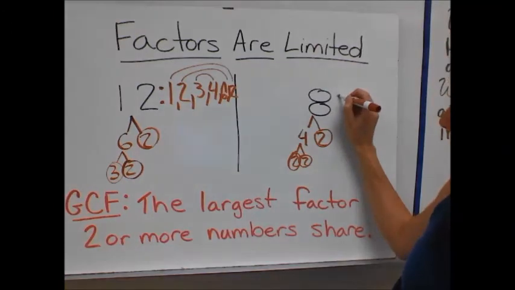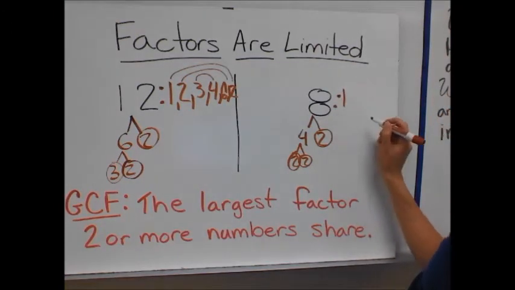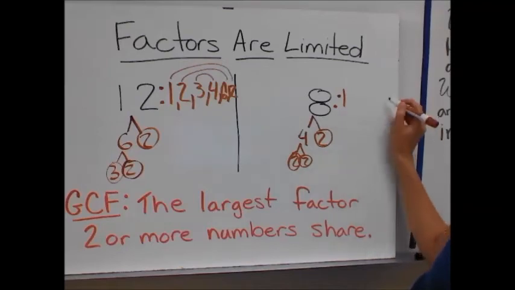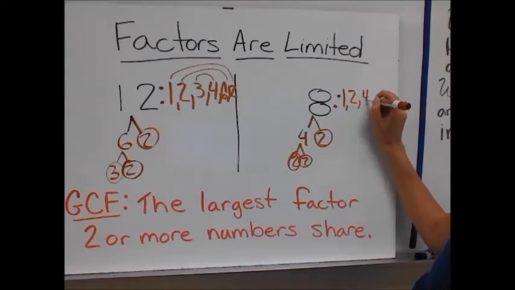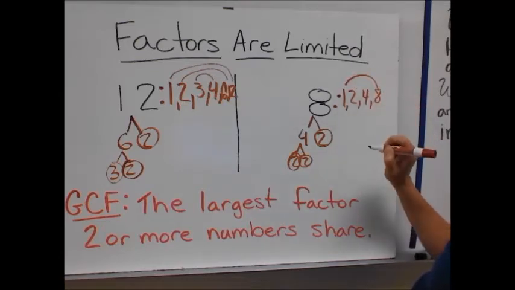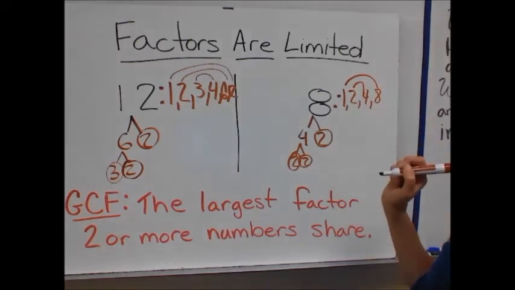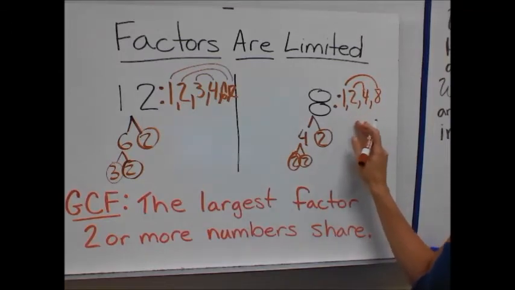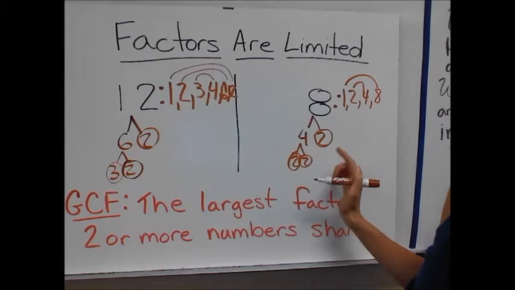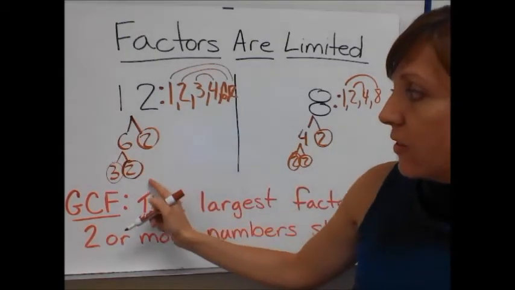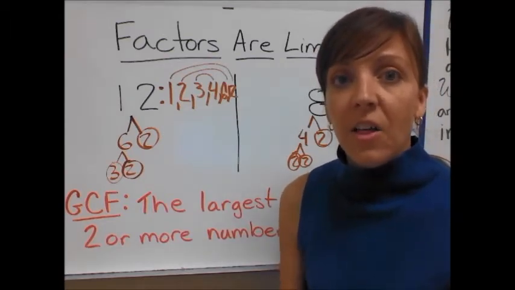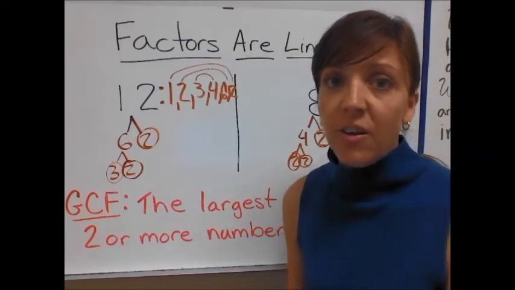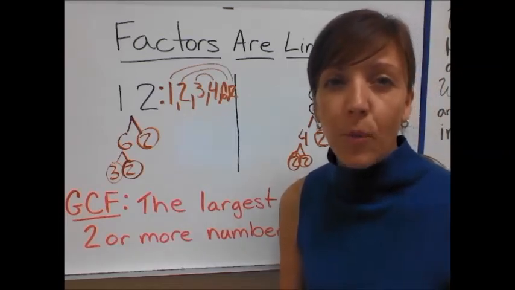I'm going to do the same thing for 8. 8 is divisible by 1, 2, 4, and 8. 1 times 8 is 8. 2 times 4 is 8. So these are all of the factors of 8. I did break 8 down into a factorization tree and 12 down into a factorization tree. The purpose in doing that is to find the largest shared factor, the largest number that both 12 and